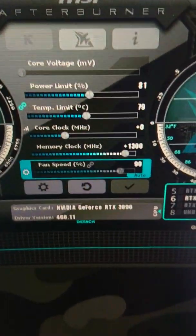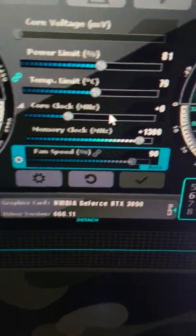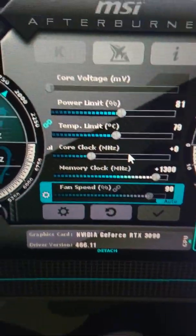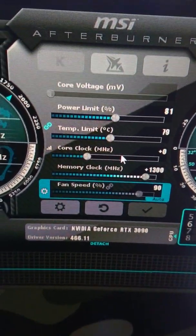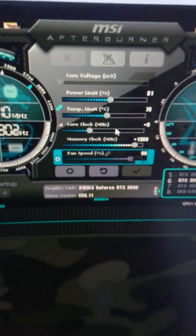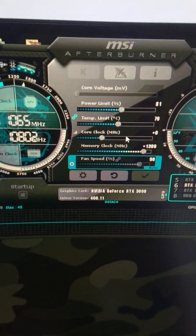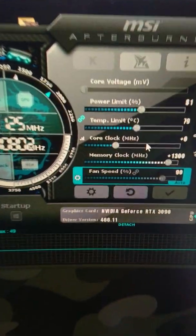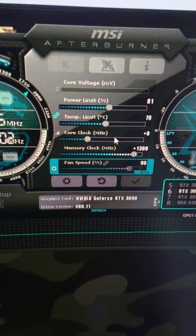Now, some of you may wonder why am I using core clock 0 and not minus 100 or 200 or 300 or 502, which will be the lowest. You'll find on most of the results, if you Google it, that the recommended is minus 200, 300, whatever. Well, at least for the 3090s, I cannot speak for other graphic cards, but for the 3090s, and I believe it's for the whole 30 series, lowering the core clock doesn't really have any impact on the